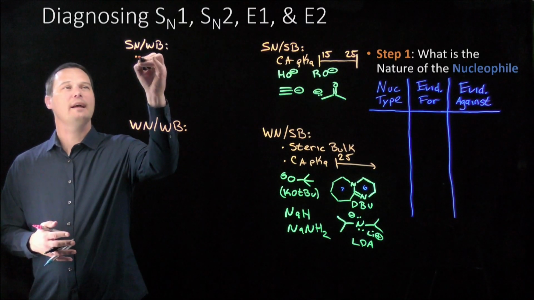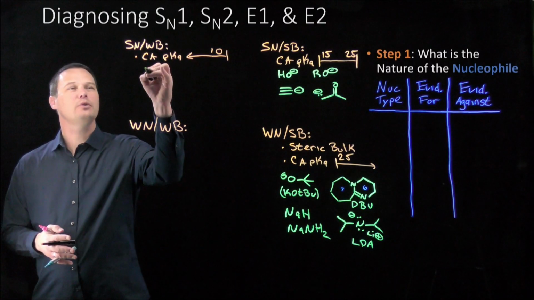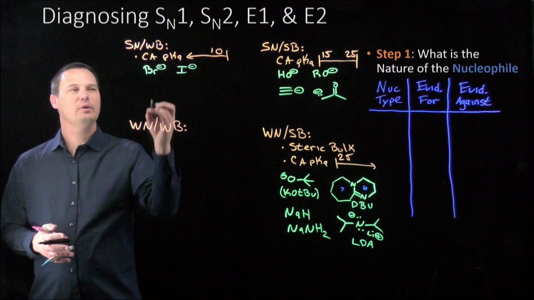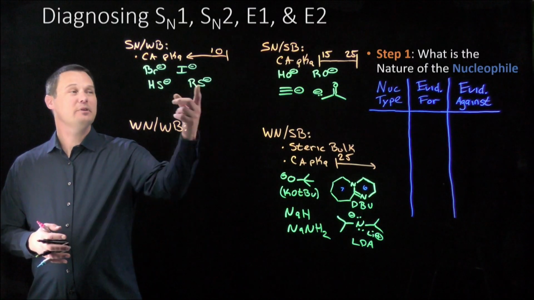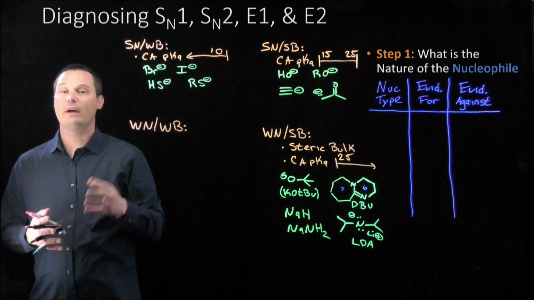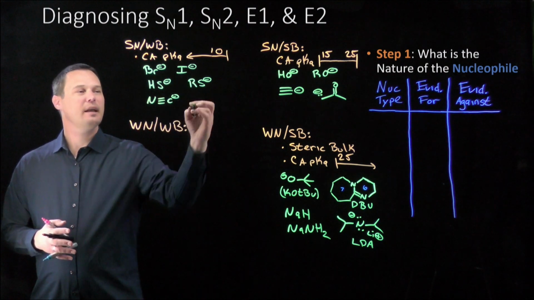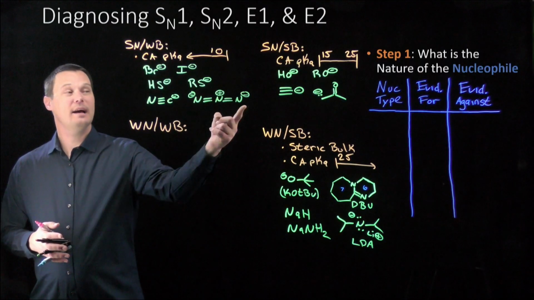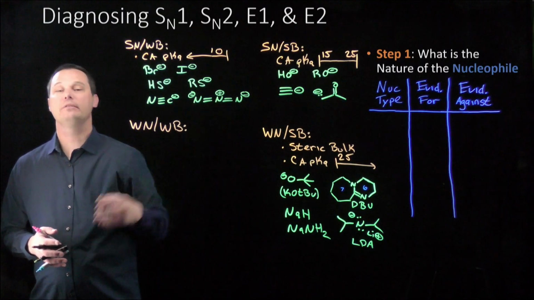These would include anions that have a conjugate acid pKa less than about 10 or so. These would include molecules like the halide anions. It would also include HS minus, or really any deprotonated thiol. In that respect, they're very similar to OH minus and RO minus, except thiols have a pKa of around 10. Other nucleophiles you might see here include cyanide, CN minus, and azide, N3 minus. That's an odd-looking nucleophile. The one negative and positive cancel each other out, and the other negative is the nucleophilic